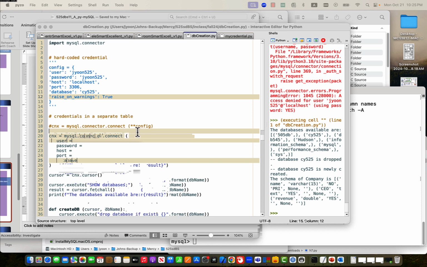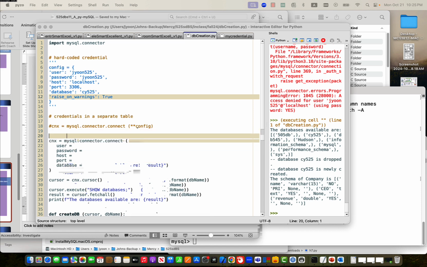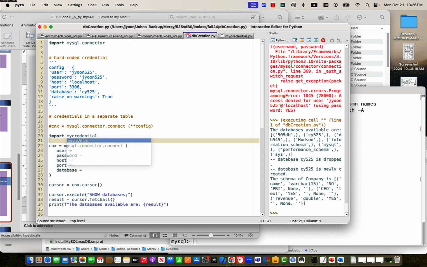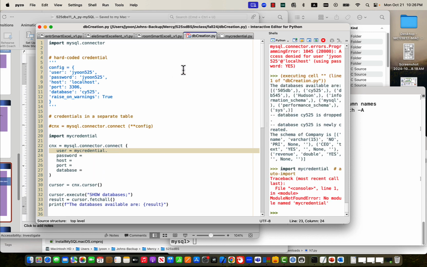In order to do that, I want to also import that database, my credential.py. So I want to import my credential, and then that my credential has the value here,